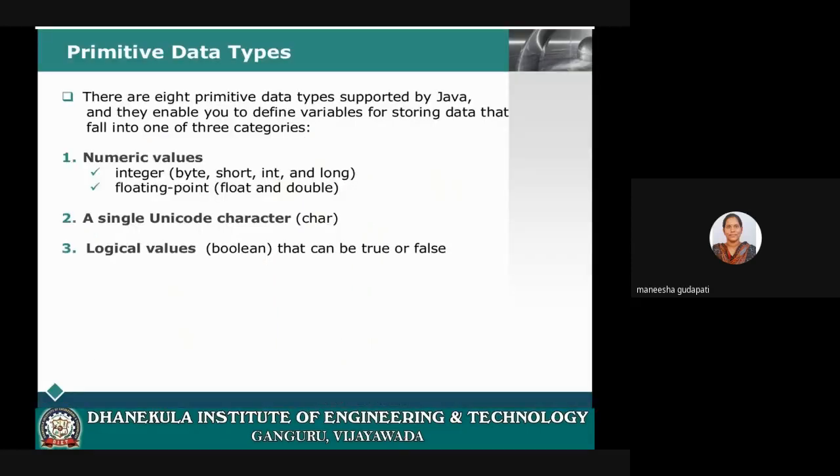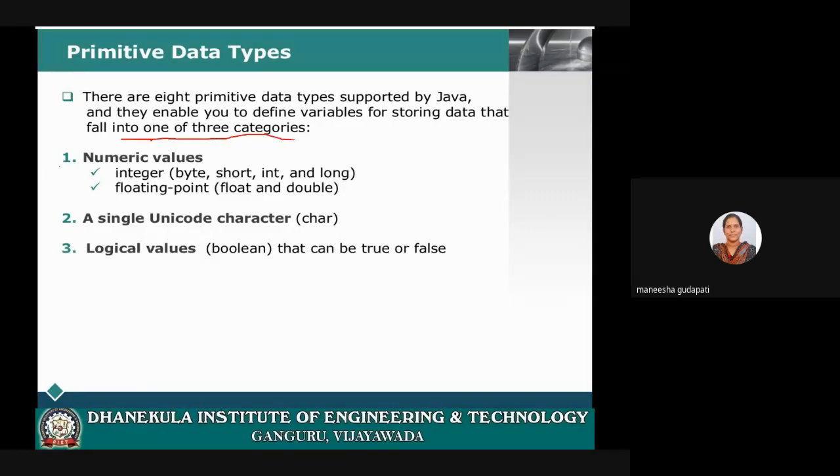Now coming to primitive data types, how many do we have? Totally we have 8 primitive data types. Among those 8, they are categorized in 3 ways. All the 8 primitive data types come under one of these 3 categories.